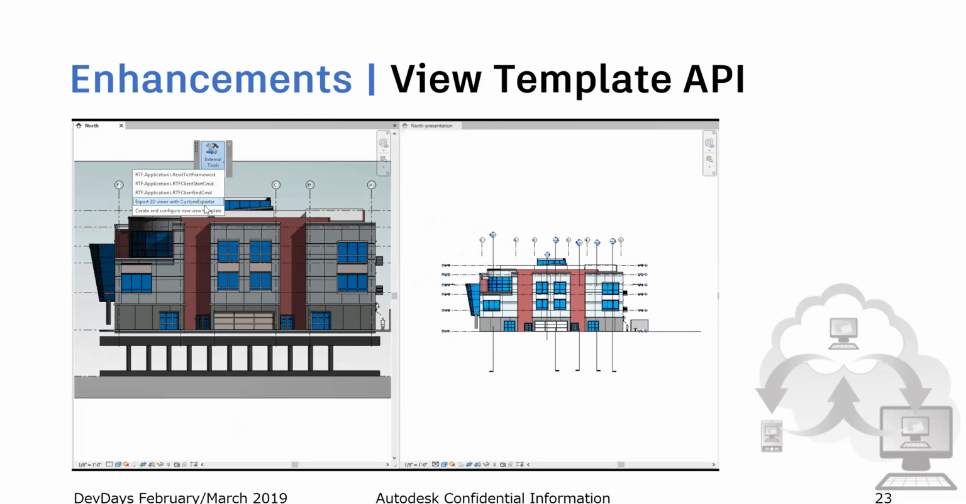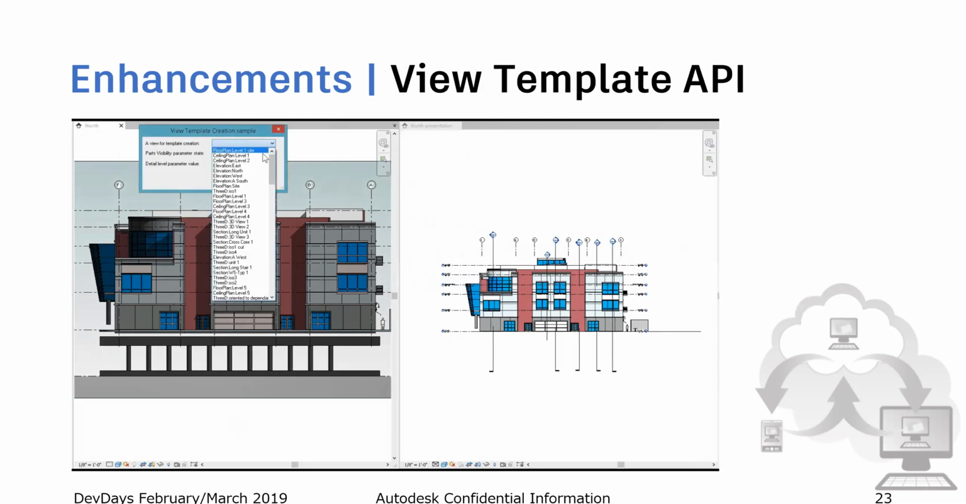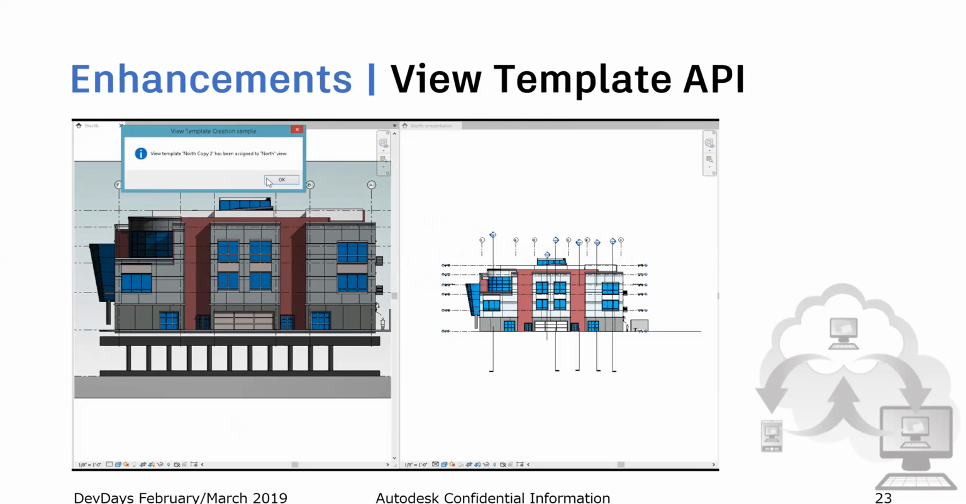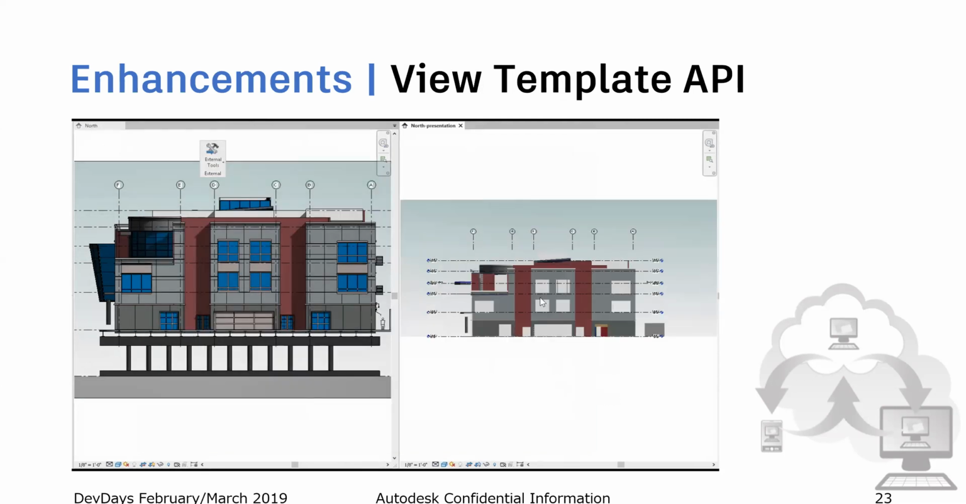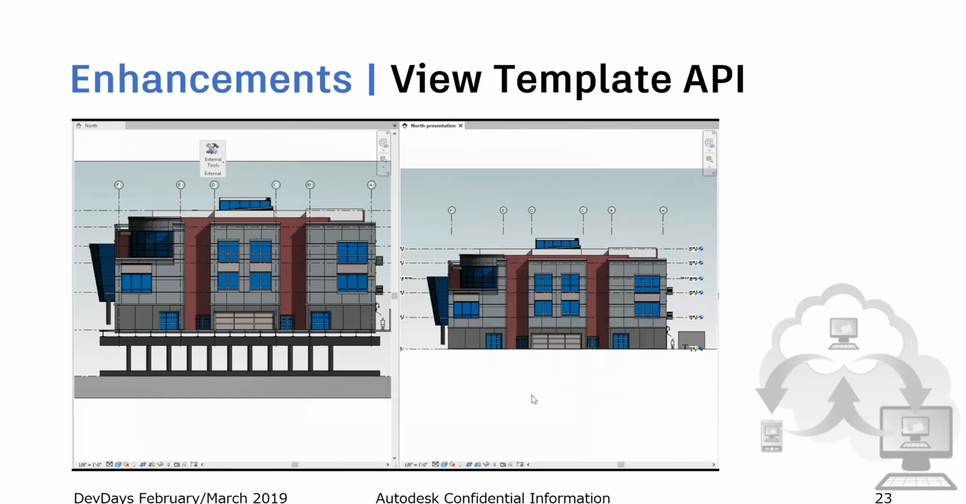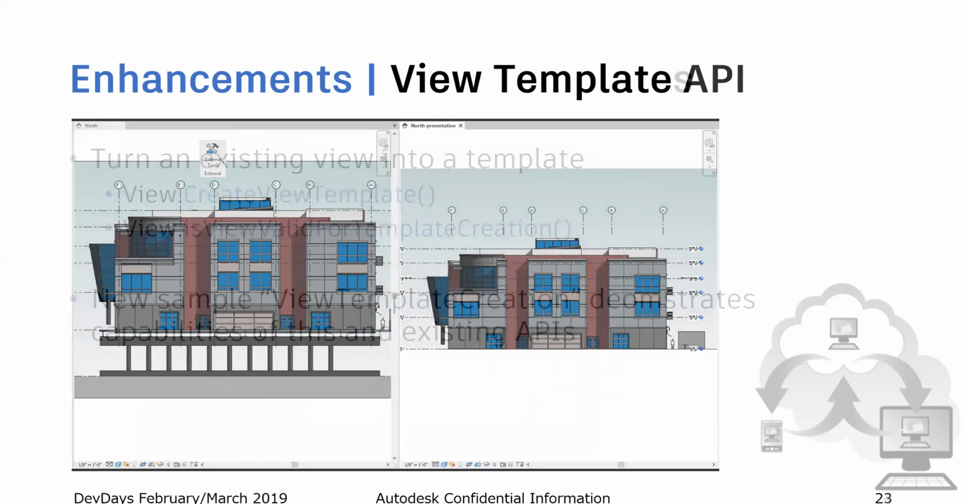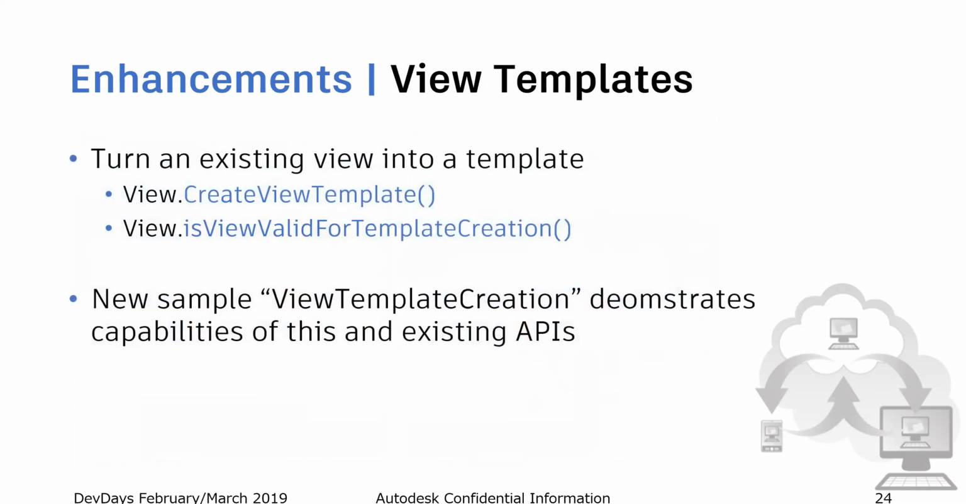Another thing that we've invested in was a view template API. This was another big request on Revit Ideas and other places where you were asking to be able to create view templates. Now you can actually go ahead and do that. So now we have an API to take a view, create a view template from it, and then actually you can apply that to the view. Now the interesting thing is the majority of the APIs used in this sample already existed before this release. So the big change in the API is just the ability to create a new view template